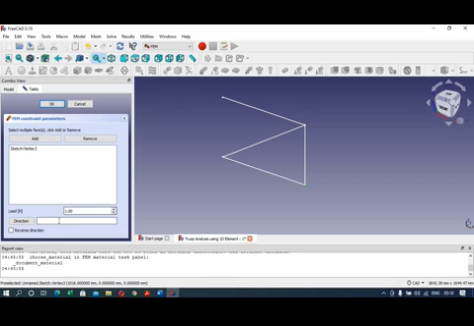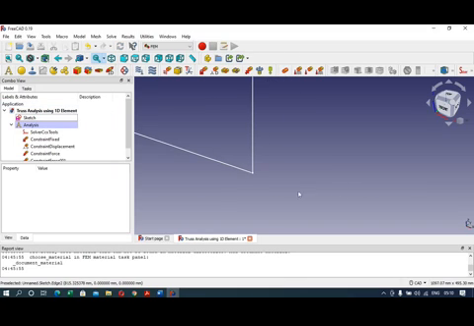So here enter 89,000 Newton. So here we are going to select this line as direction. Okay. So here you can see the load is acting along the positive x-axis on the node number 2.